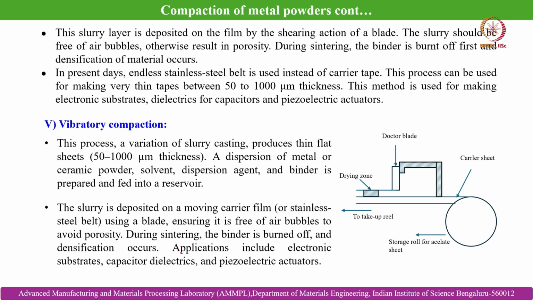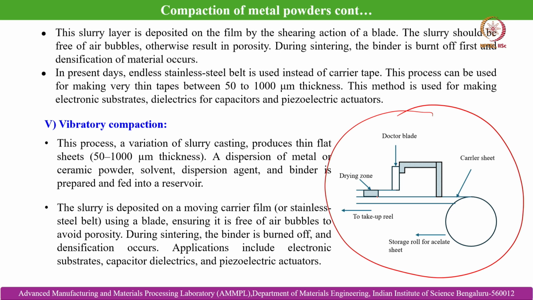So, a typical doctor blade casting you can understand from here. You can see here parts having dimensions in the range of 50 to 1000 micrometer thickness, so you can understand that is 50 micron to 1 mm. Such low thickness sheets can be manufactured by the doctor blade casting or tape casting route with uniform thickness that can be achieved by